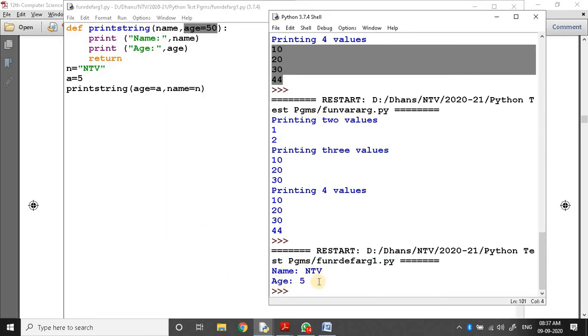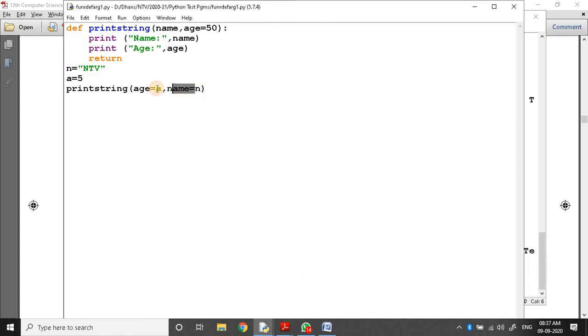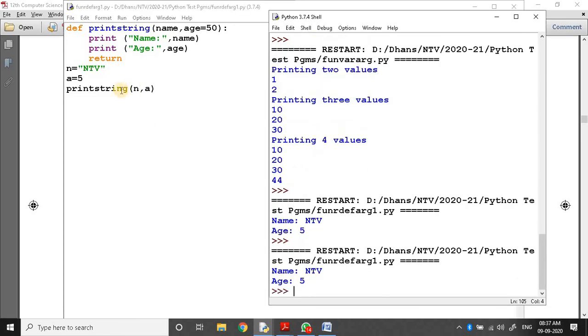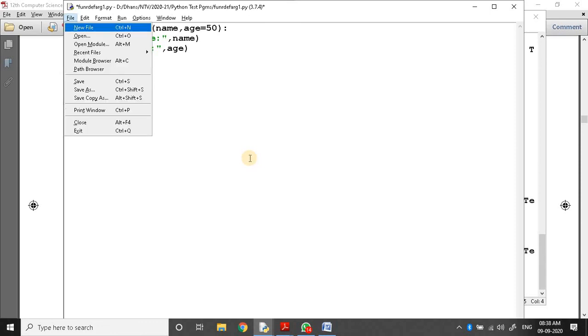F5. Name is equal to ntv, age is equal to 5. Suppose you forget to pass it, the same thing: n comma a, required argument, the same result will be displayed. But you can call it without the second argument because the default value is given.